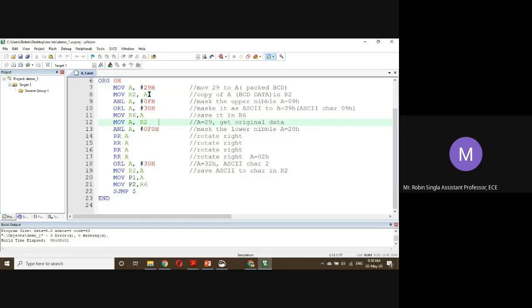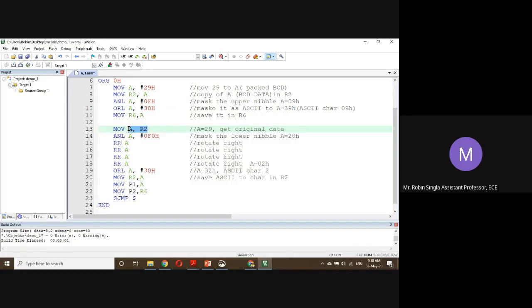Now we'll save this number in R6. The original number we have saved in R2. So we'll again move that number from R2 to A and perform AND logic again with F0. Now the number will become 20. Now we'll do 4 times right rotation.